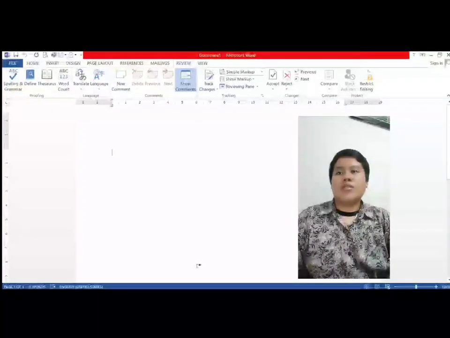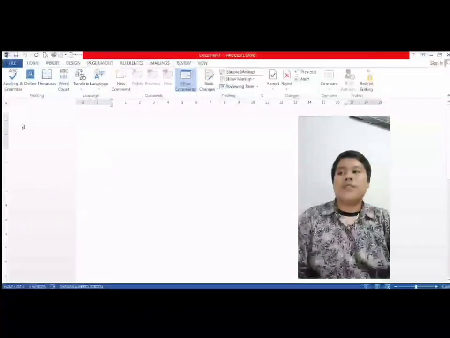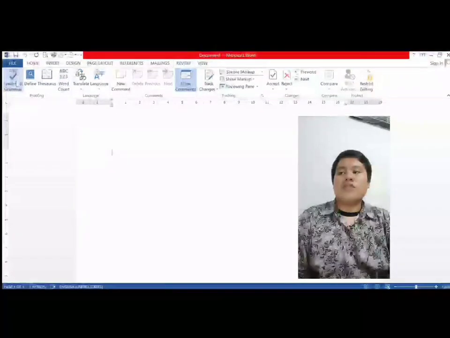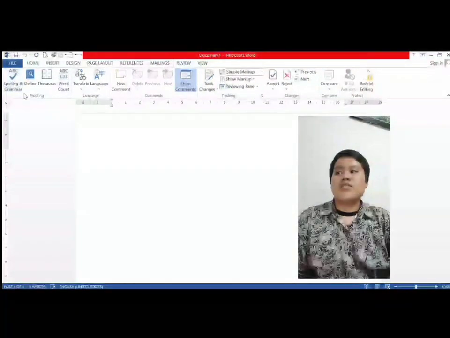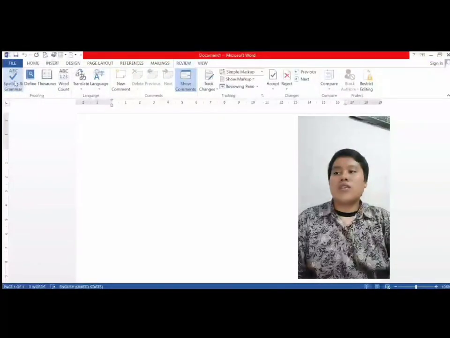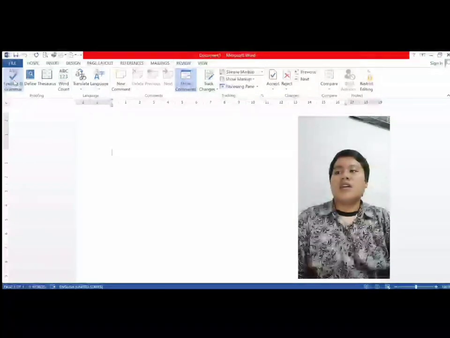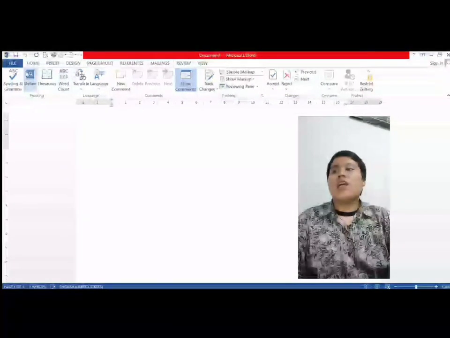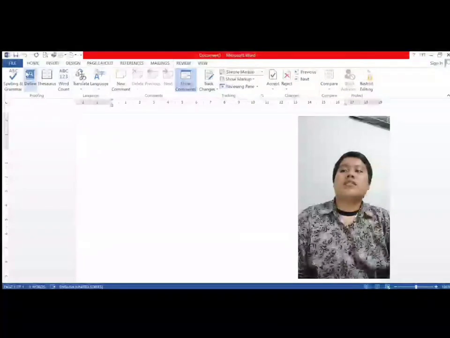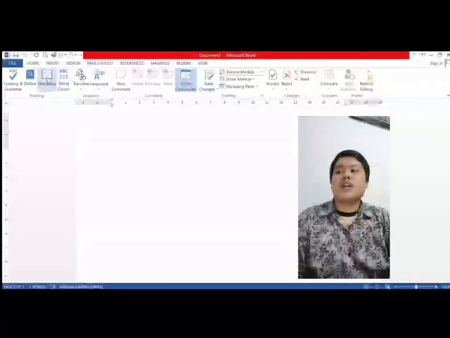Okay, next part, Review menu. Spelling and Grammar icon is a function: not sure on your words, let us check your spelling and grammar. Define icon is a function: not sure what a word means, find out.